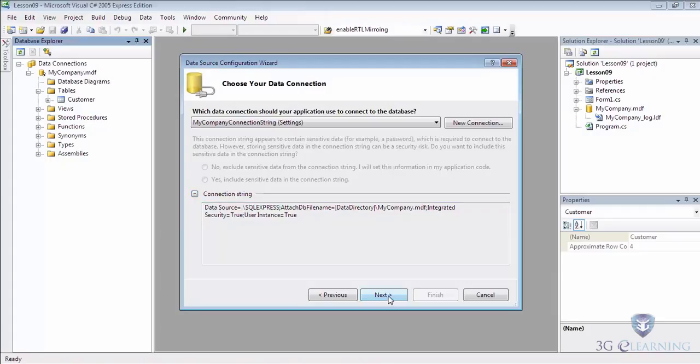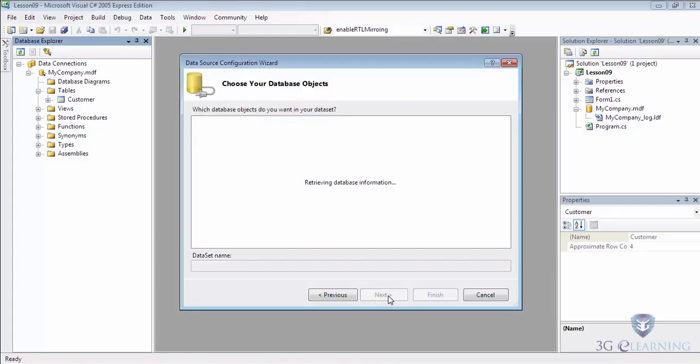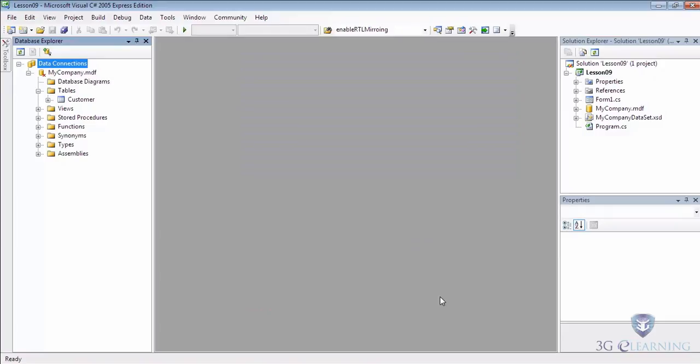So you can select the Next button here, and right now it's looking through the database to try to find the different objects which are available. So if I go down here and find our customer database, from this you'll get a dataset definition. Now it asks for the data name, so leave that at the default and select the Finish button and see what is created. Once the wizard is completed, you'll notice a single file was added to our application called My Company